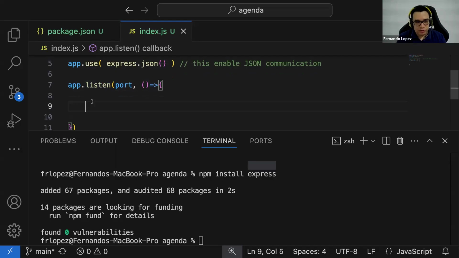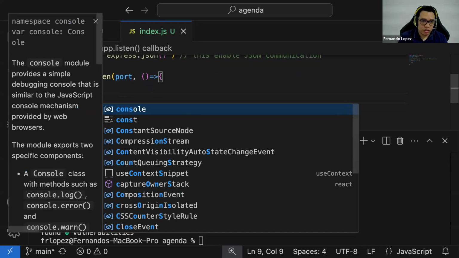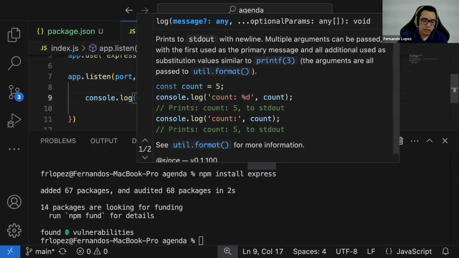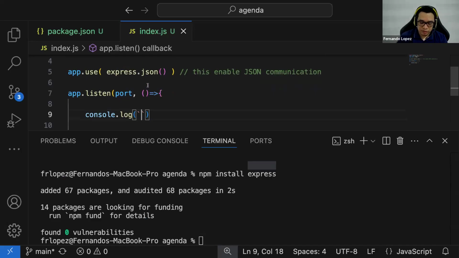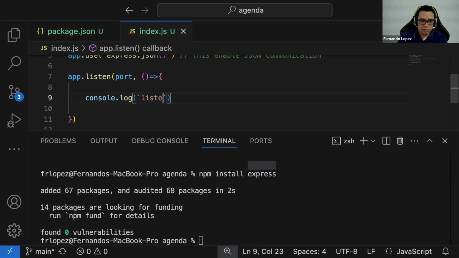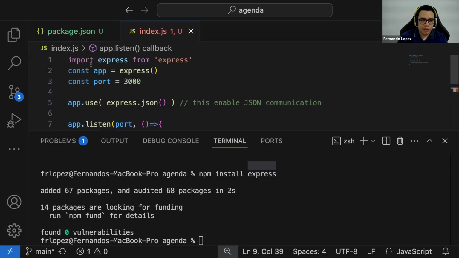So we're going to call right now a function that is going to console log in our terminal, listening in port, and we're going to grab the port from the variable that we have here.